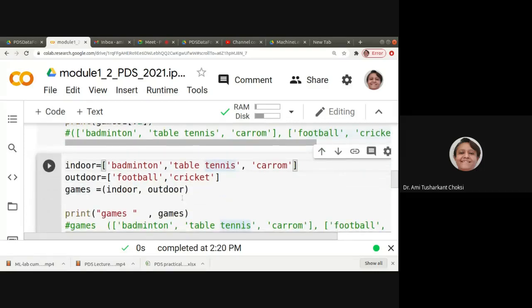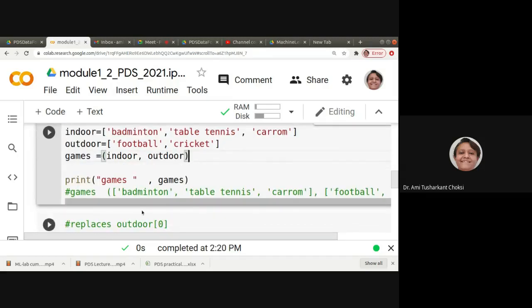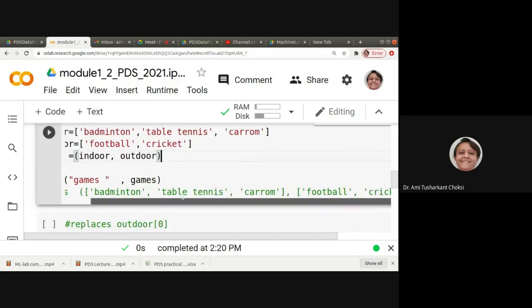One more example. Indoor is equal to badminton, table tennis, carom. Outdoor is equal to football, cricket. Games is equal to indoor and outdoor. Okay. So if we print the games, we'll be having the tuple of 2 lists, right?